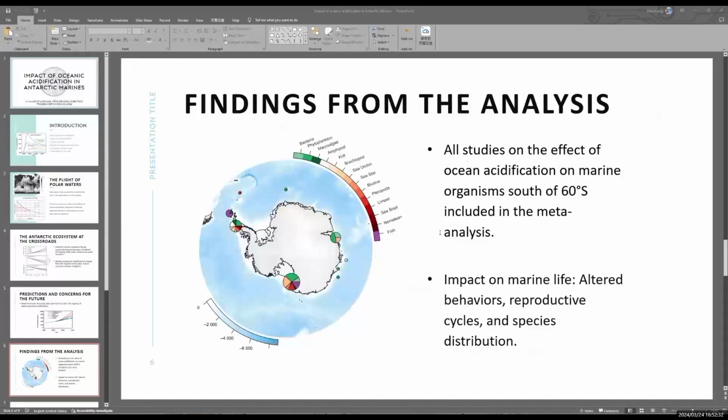Then I'll talk about a meta-analysis conducted by Hancock et al., who collected and scrutinized data from a lot of studies, allowing us to synthesize a broader understanding. Through this lens, we see patterns emerge, which paint a global picture from the masses of localized research. The synthesis is really important in its findings, as it shows that acidification is not a looming specter, it is actually a present reality, which alters the life cycles and behaviors of marine species, shown in the graph on the left. The evidence is clear in the stunted growth of shellfish, disruptive spawning of fish, and the shifting distribution of plankton.